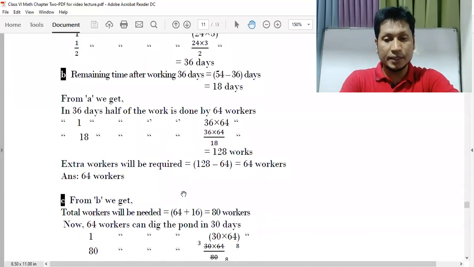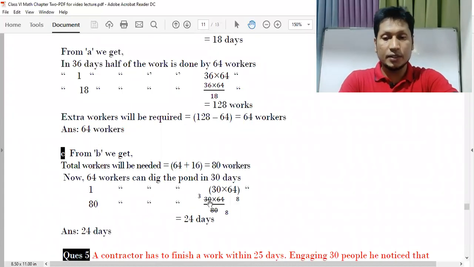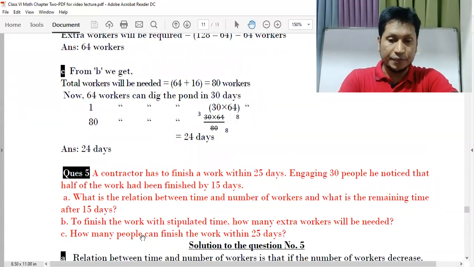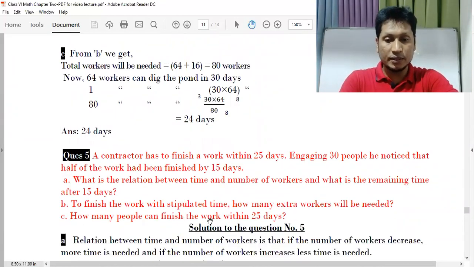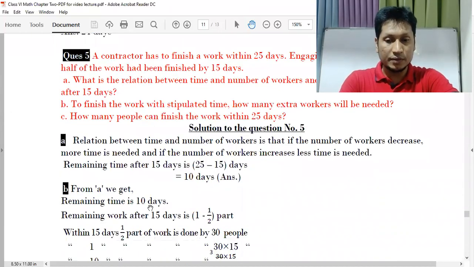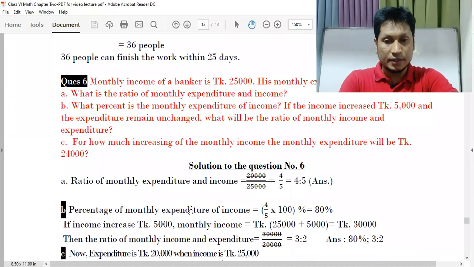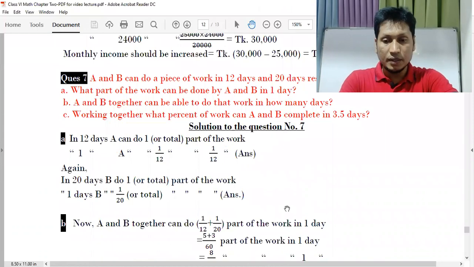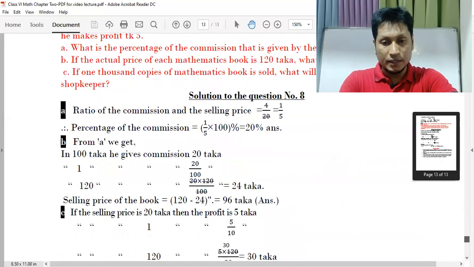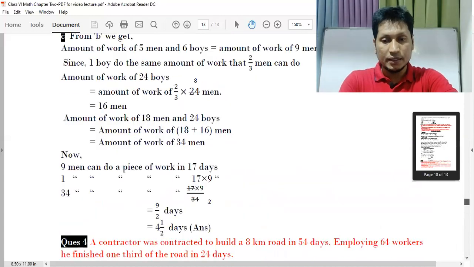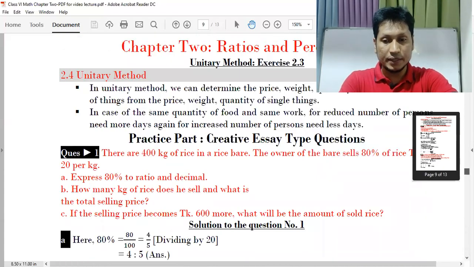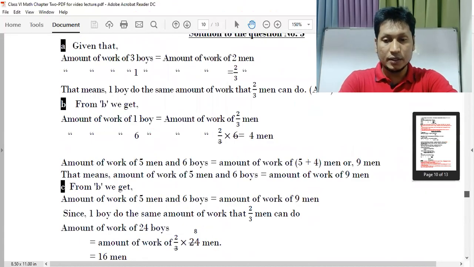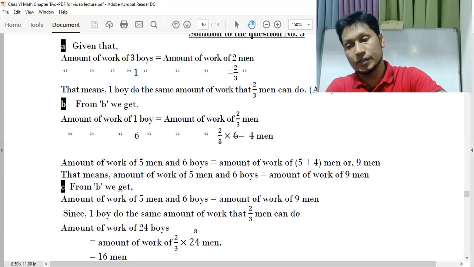I think you have understood this. Inshallah, you will be able to solve them at your home if you practice. Okay. And question number 5 is also the same as the previous maths, so it will not be discussed here. You will try to solve it at your home. Such kind of maths is also very easy, and there are several maths here that can be easily solved by you at your home. I think you will be able to solve them if you practice at your home.